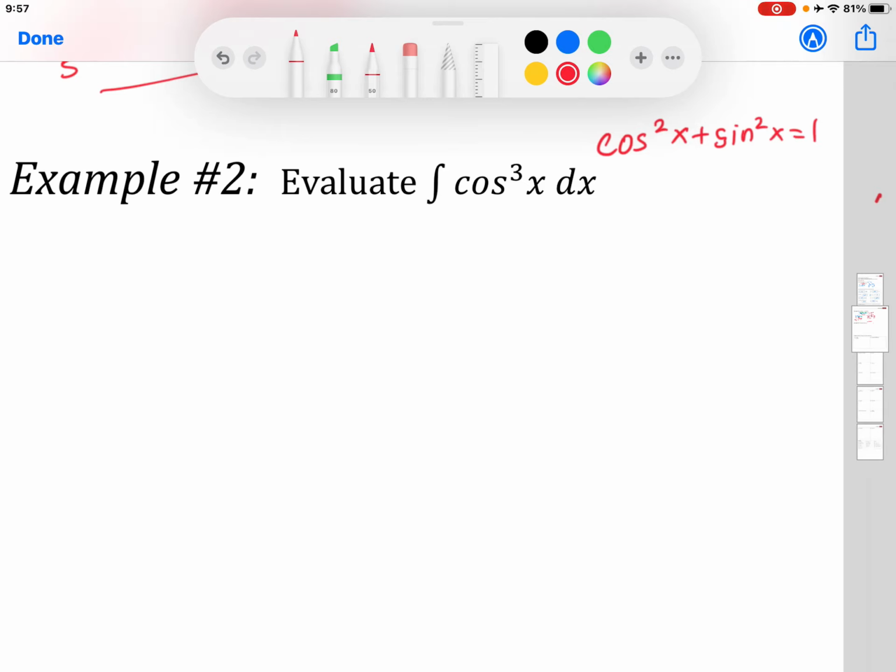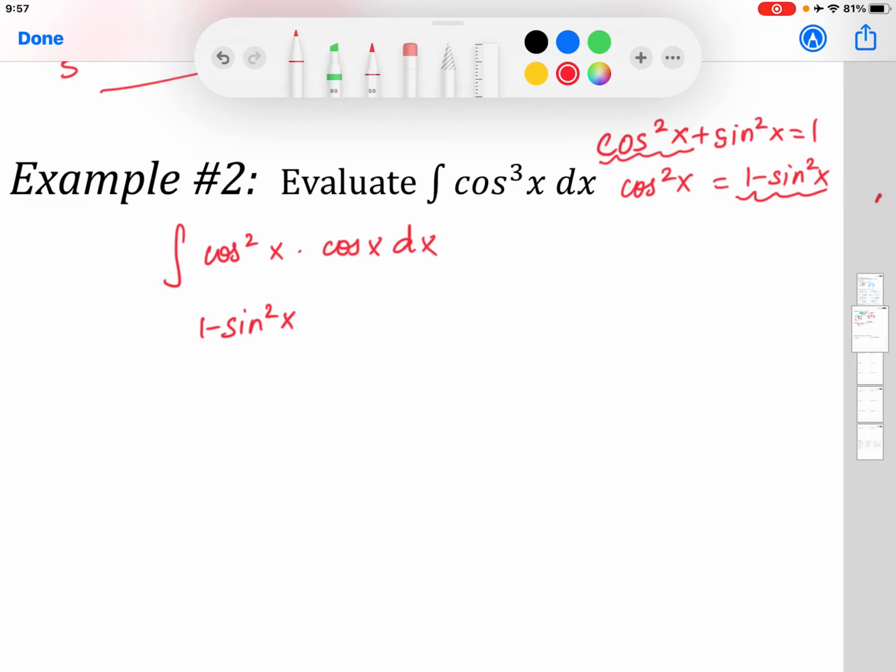So can I rewrite this as cosine square x times cosine x dx? Cosine cube can be written as cosine square x times cosine x because I wanted to use this identity. If I solve for cosine square x, I will have 1 minus sine square x. So I'm going to substitute that in, and this would be 1 minus sine square x